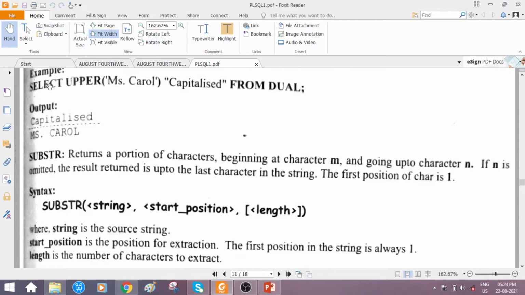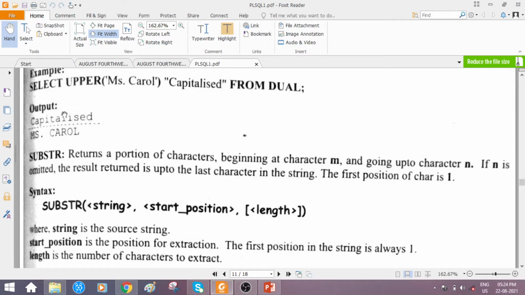Just check out the example: select upper, the string function upper, followed by Miss Carol. This is the input we are providing. Anything embedded within single quotes is considered a character input. And observe here, the column heading we are providing within double quotes is capitalized, then from clause followed by the table name dual.